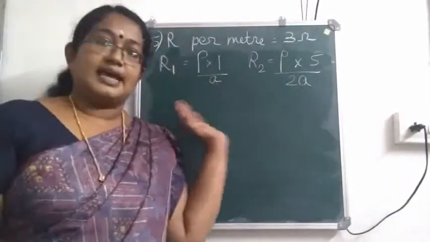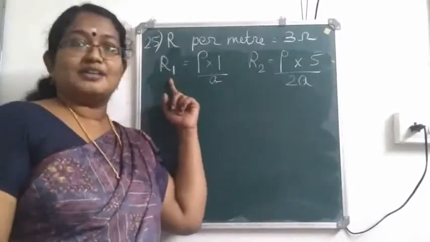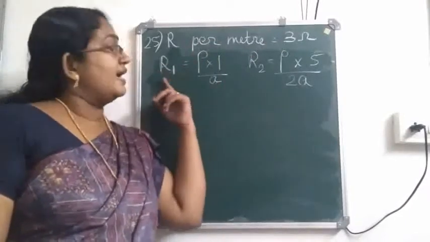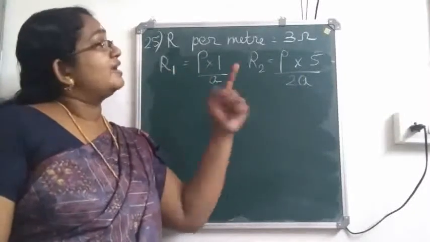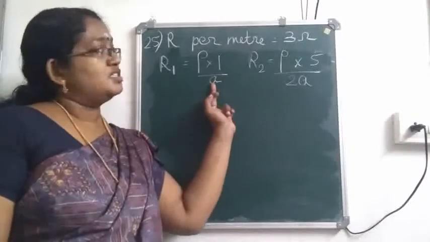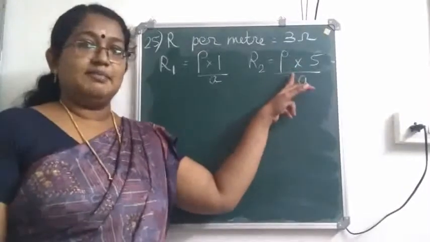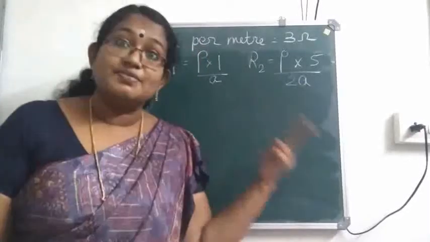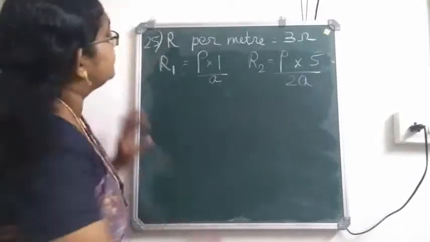First I wrote the standard form, R is equal to rho into L by A. We know the value of R1 because for 1 meter length the resistance offered is 3 ohm. So towards the end we will give that value. For the 1 meter long wire we have the resistance as 3 ohm, with no change in the area. Now what all changes are there? Since it is the same material, resistivity will be the same. Then the length is given in the question as 5 meter. Then the area is doubled. Okay.